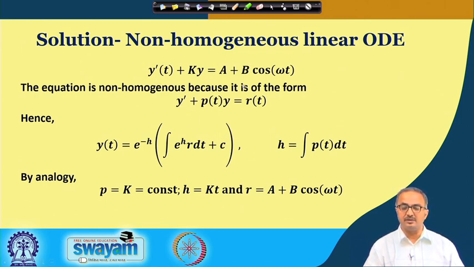Here this is the expression given, and when we put it in terms of the generalized expression, we find it is y prime plus p(t) into y equals r(t). Here p(t) is nothing but k, and r(t) is the whole right hand side. Then y(t) is equal to e to the power minus h into the integration of e to the power h r dt plus c, and h is the integral of p dt. By comparison, p is a constant, h is kt, and r is a plus b sin omega t. Now, once we know this,